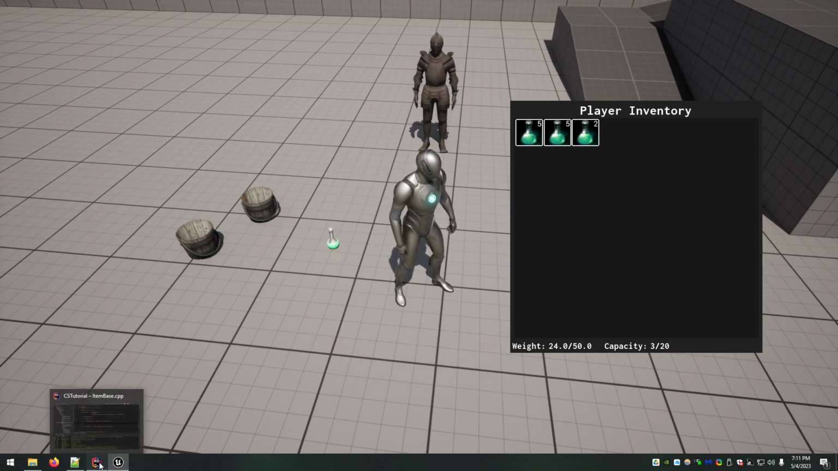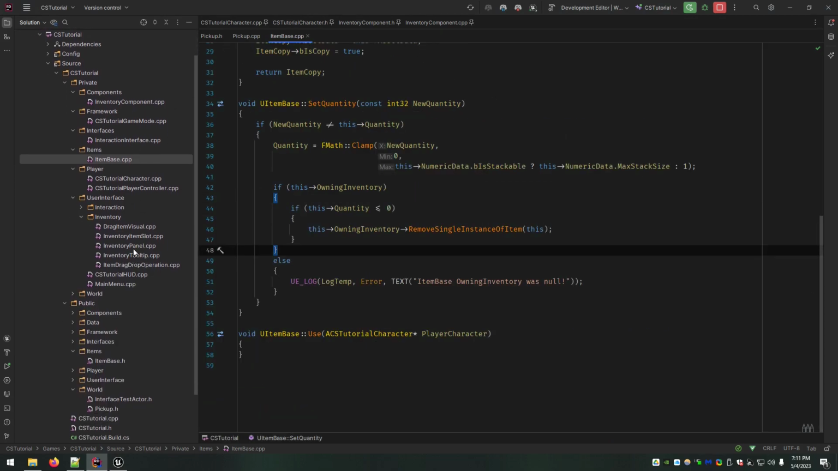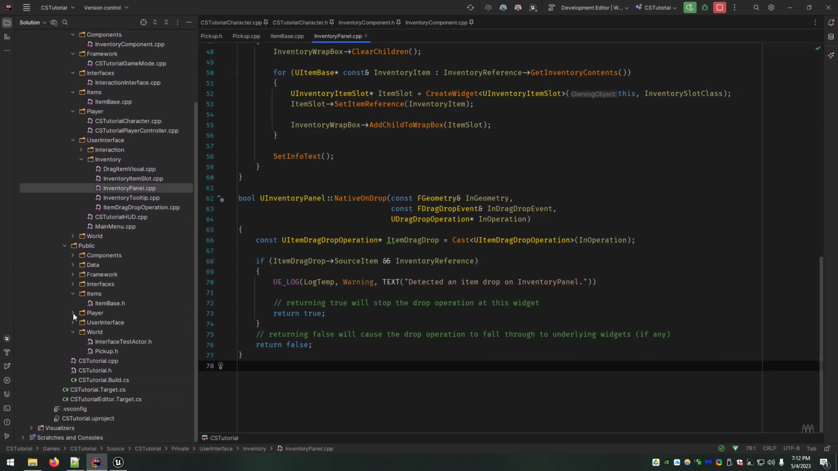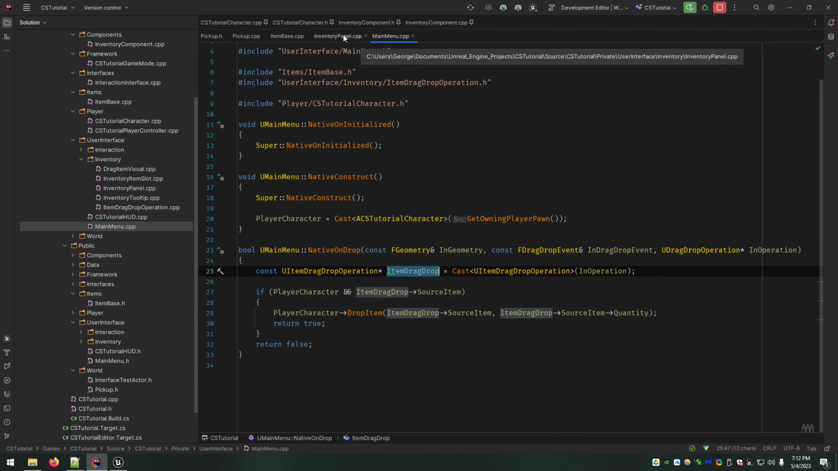The way to fix that is, if you come back to your code, go to your inventory panel CPP. You don't need to fill this out exactly the same way I did, but you can. I mean, we're going to be able to drag stuff into the inventory at some point anyway. So very similar to what we did in main menu.cpp, under user interface, inventory, user interface main menu.cpp. Remember, we took the incoming operation and cast that to our item drag drop. Do the exact same thing here